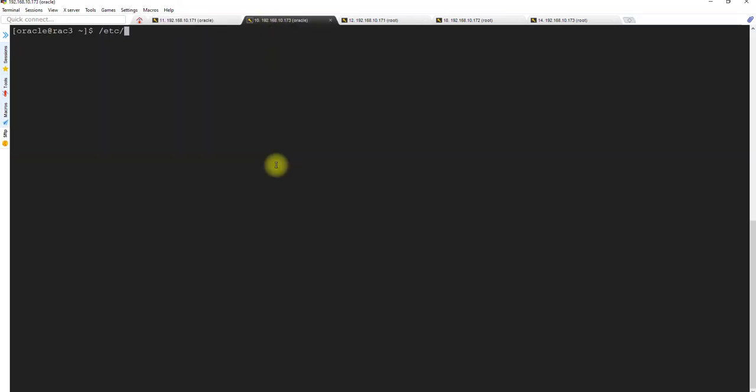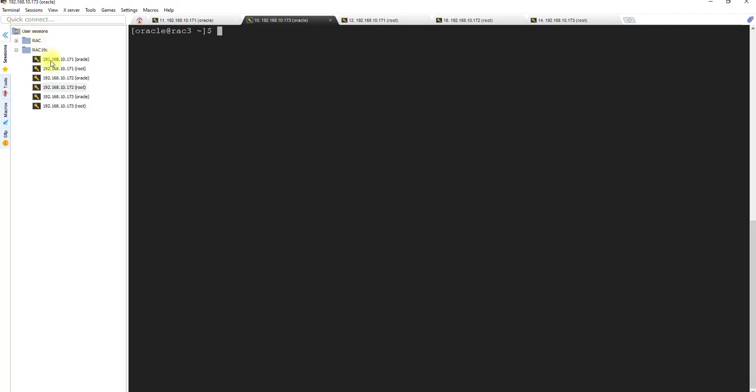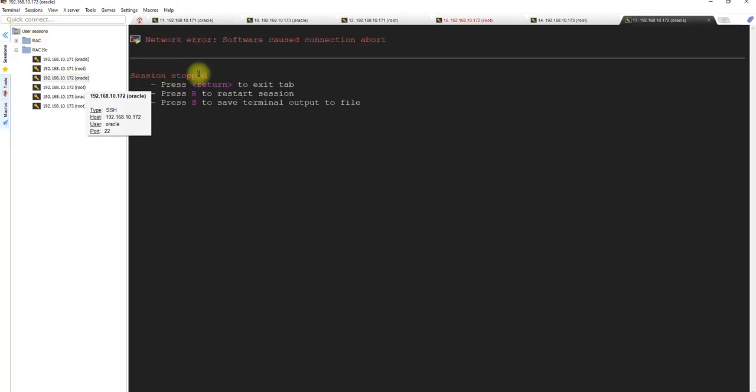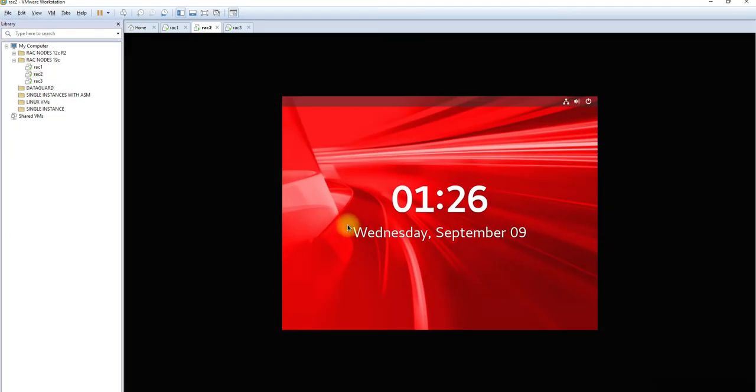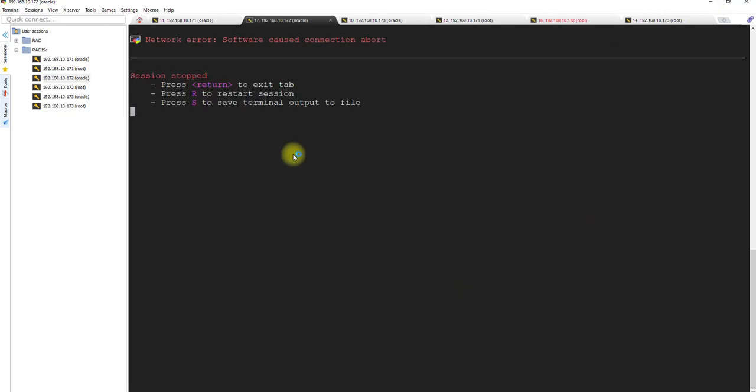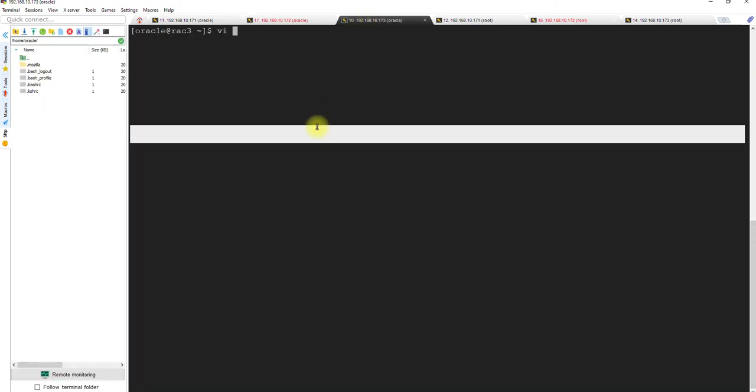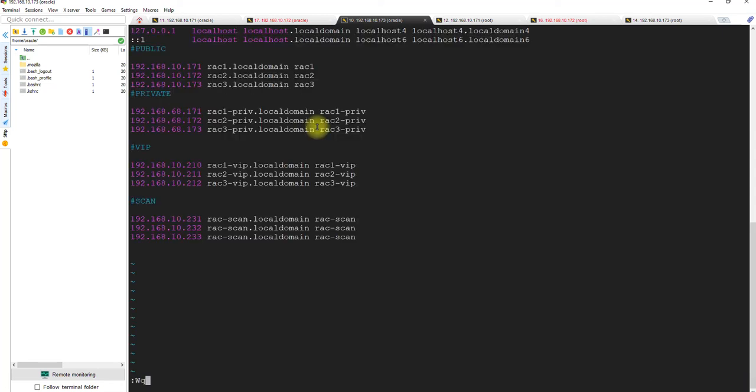vi /etc. Where is the second node gone? I think there is an issue on the second node somewhat. Let's change it on the third node. Not here, sorry.